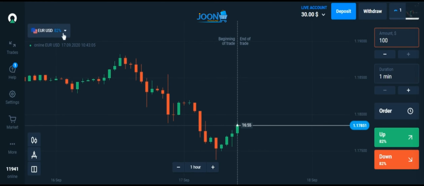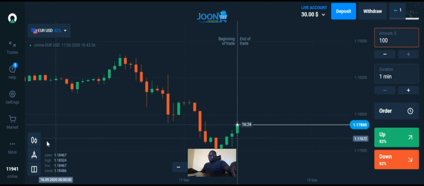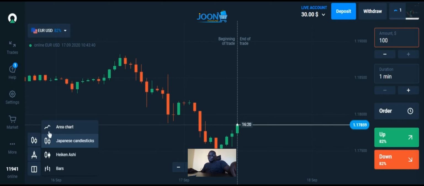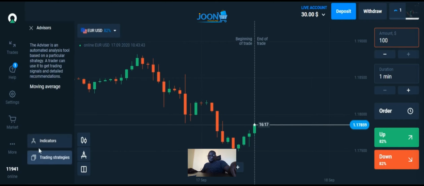Okay, so now the strategy that I want us to try today is the crossover trading strategy that is based on moving averages. So we'll actually set two different moving averages on the platform at different periods, and just for confirmation of our signals, we'll add the parabolic SAR. To set those indicators on the platform, we'll click on the indicator button. I believe I'd already shown you that earlier on. It's the A sign on the platform. Just click on it and